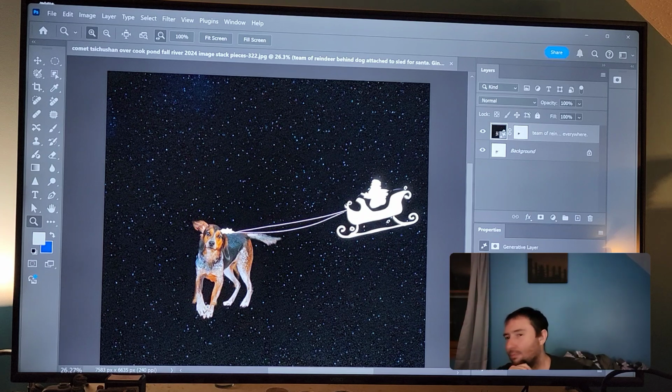Yet again, they've made his paws even crazier. For some reason, now he's got super long deer legs, which is extra creepy. His ears look like paws. I don't know what this is. It looks like there's a team of reindeer, but they're behind his monstrous self, flying through space, and Santa's like, ho, ho, ho, slow down. What the hell is that?